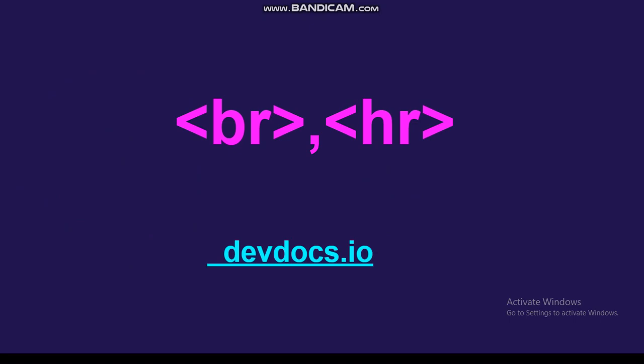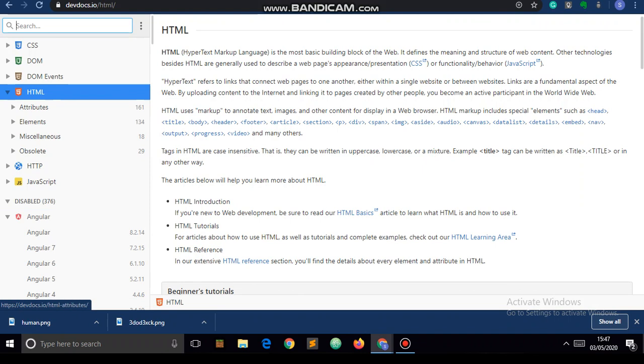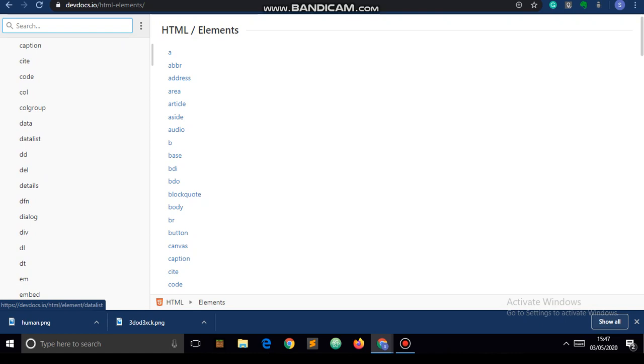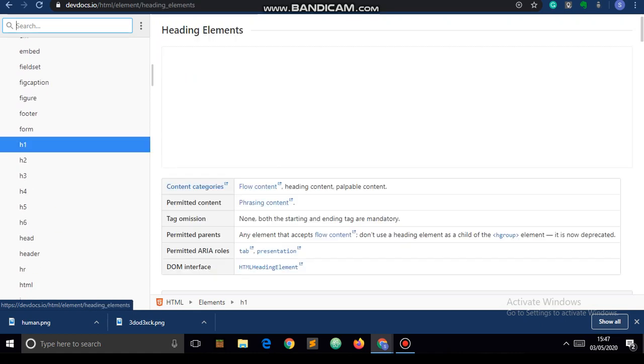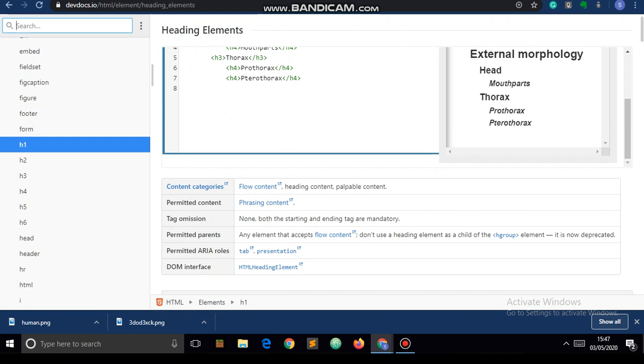So it's now time to visit our documentation for proper understanding of what we are talking about. It is devdocs.io. Here is devdocs.io, and if you go to the HTML section and go to elements, and go to the h1 heading element, see in the tag omission it is written none.